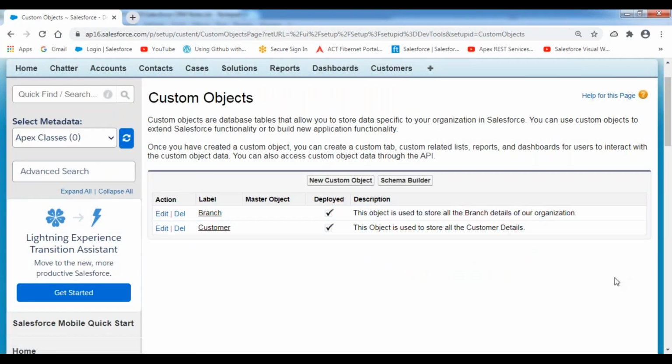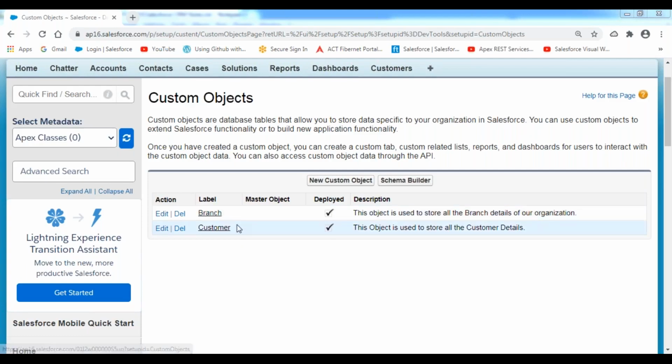For this branch object, we don't have any tab, only the table is available. So how to manage the records inside this object? How can we insert the records? How to update the records? How to delete the records? How to view the records inside my branch object?